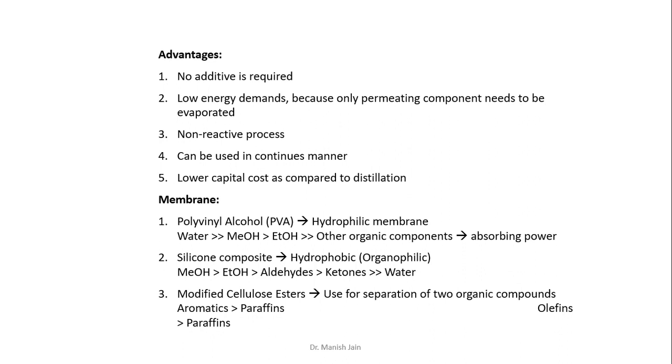The third type of membranes are the membranes which are used for organic-organic separation, like modified cellulose ester membranes. These types of membranes are used for aromatic-paraffinic separations like toluene and heptane separation, or olefinic-paraffinic separation like heptane and heptene separation,